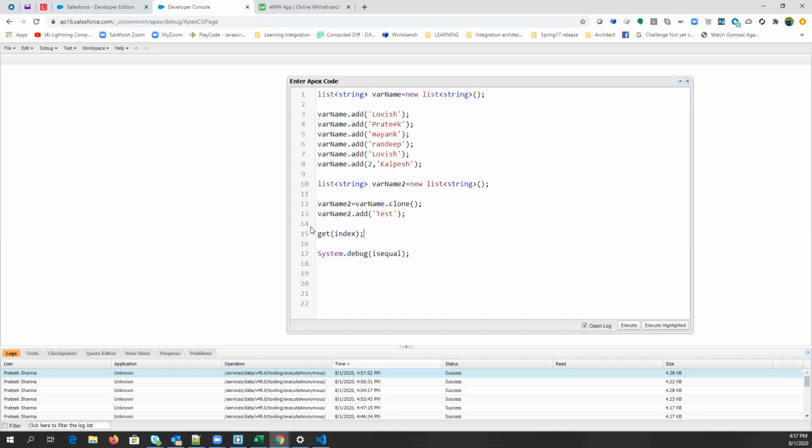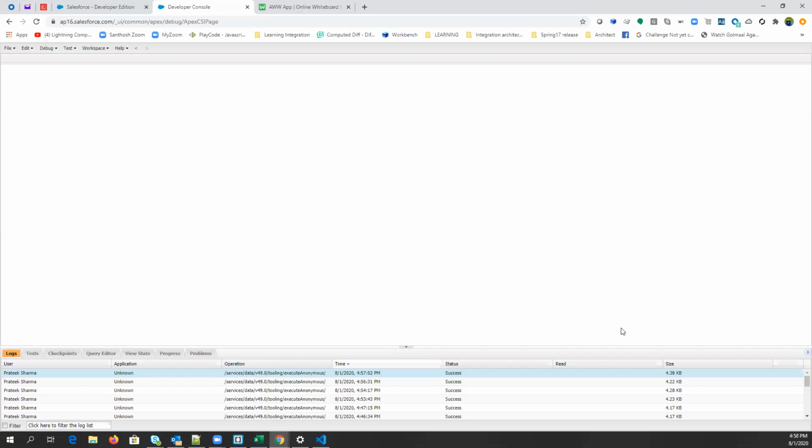Let's check what is in index number 0 of var name 2. What will it print? Lavish. Yes, Lavish.